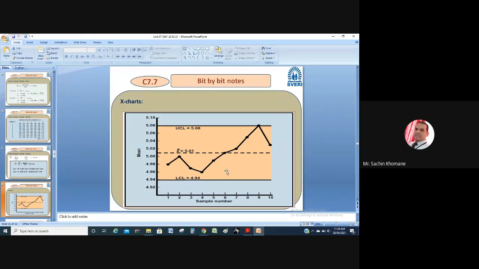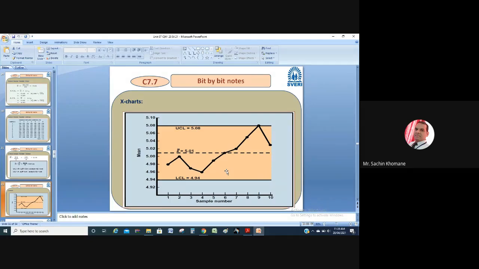Is it drawn on your paper? Roughly, just see the mean and tell me the conclusion. So I have told the procedure: how to calculate UCL, how to calculate LCL, how to calculate the mean, right? And how to draw the graph. And you got a certain trend. Now you people have to tell me the conclusion. So you have drawn the things, okay?